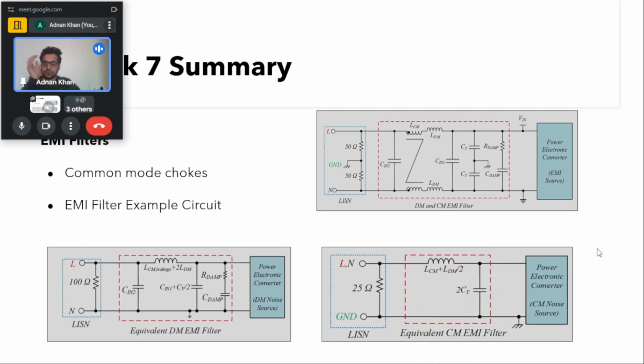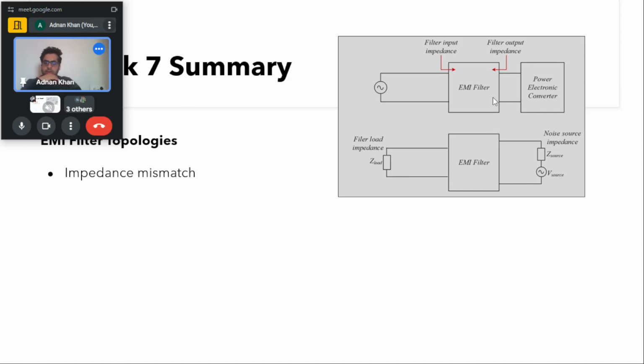So this was about the different filters that can be used, and this was a generalized filter that we used for filtering as an example, and what is the effective circuit for the differential mode noise and common mode noise. So usually what we see, like I told you,